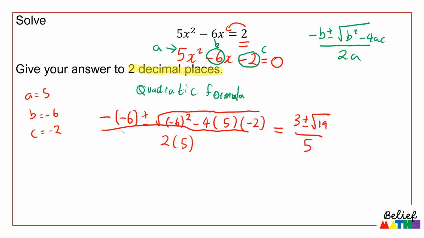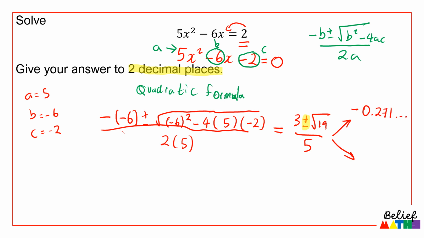Now, obviously that's not in its decimal form. Now, what often causes confusion in this question is this plus or minus symbol. Okay, that just means we have to do the question twice. We do it once with a plus and once with a minus. And if we put that into our calculator, once with a plus, once with a minus, we get an answer of minus